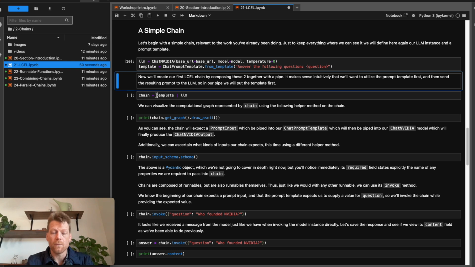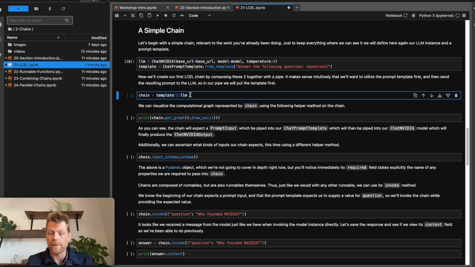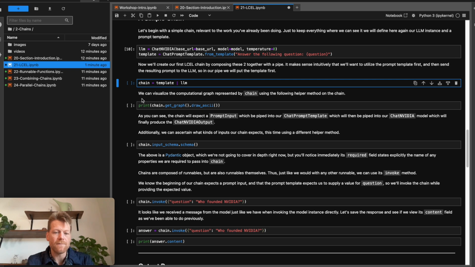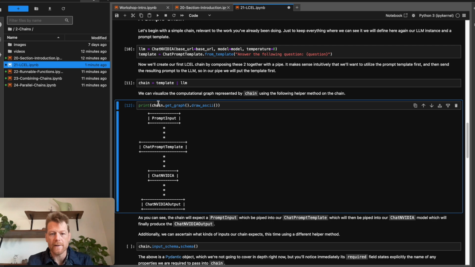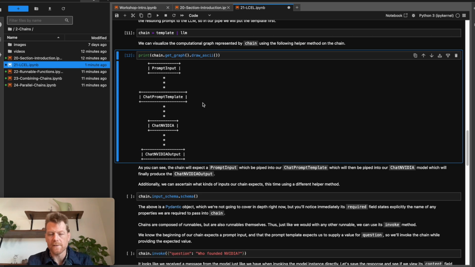And when we create a chain like this, it returns a value that we can store in a variable. In this case, we're calling our variable chain. And now we've got this chain. So let's investigate it a little bit further. Chains in LangChain have a helper method, getGraph, that has a few different options. What we can do here is use the getGraph draw ASCII output and print it, which will give us a little bit of a visualization of what's going to happen in the chain. Now, this is a very straightforward chain, but already it's a little bit helpful, right? We're going to have a prompt input, which is going to go into a chat